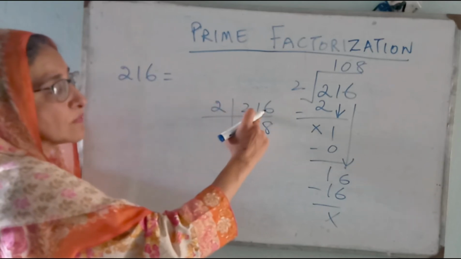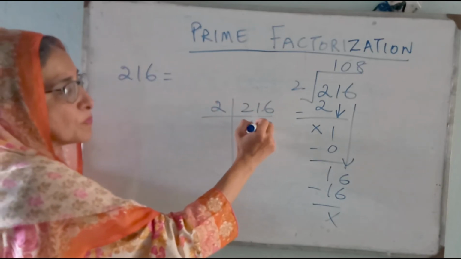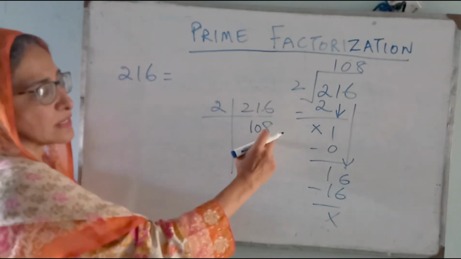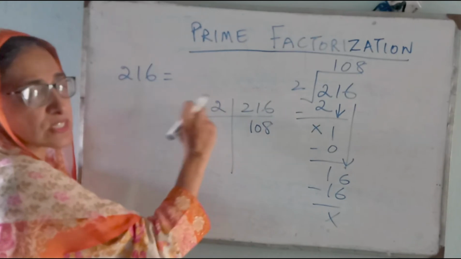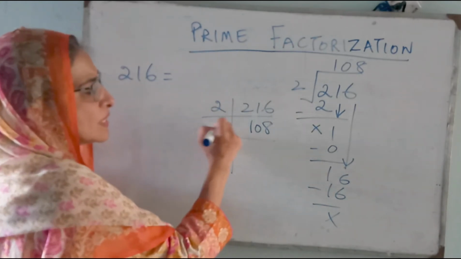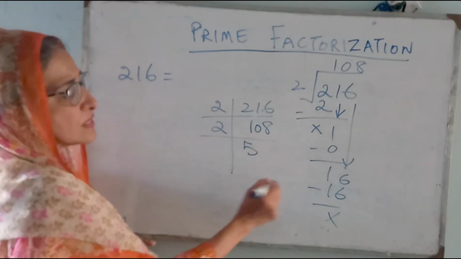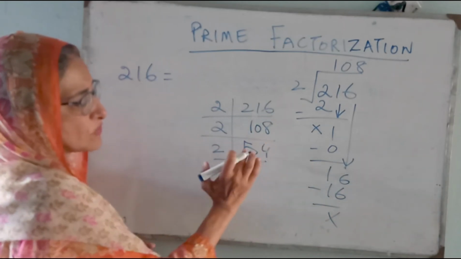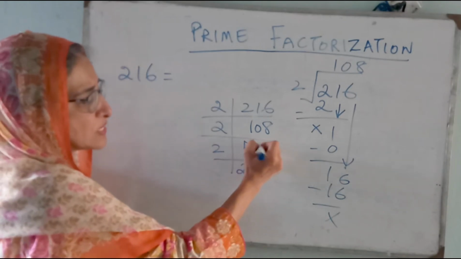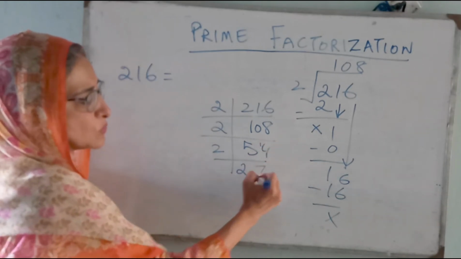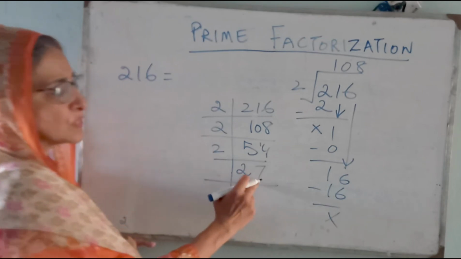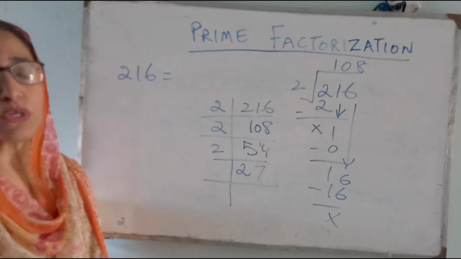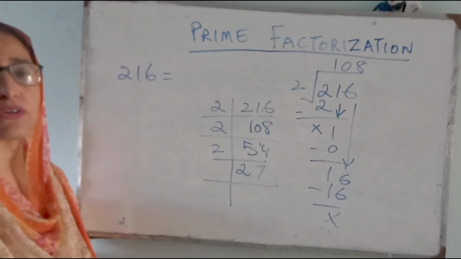And if we cannot divide this 1 by 2, we have to put a 0 in the center, and then we can take this 16 and divide it by 2. Now further we are going to divide it, 2 5s are 10 and 2 4s are 8. This 5 divided by 2, 2 2s are 4, 1 is the remainder, makes it 14, 2 7s are 14. Now 7 is not an even number, so we cannot divide it further by 2. So we have to search for another number.